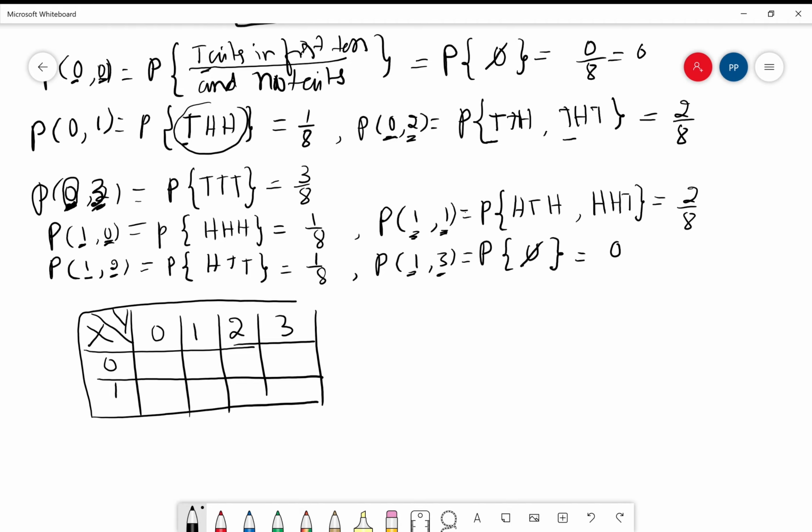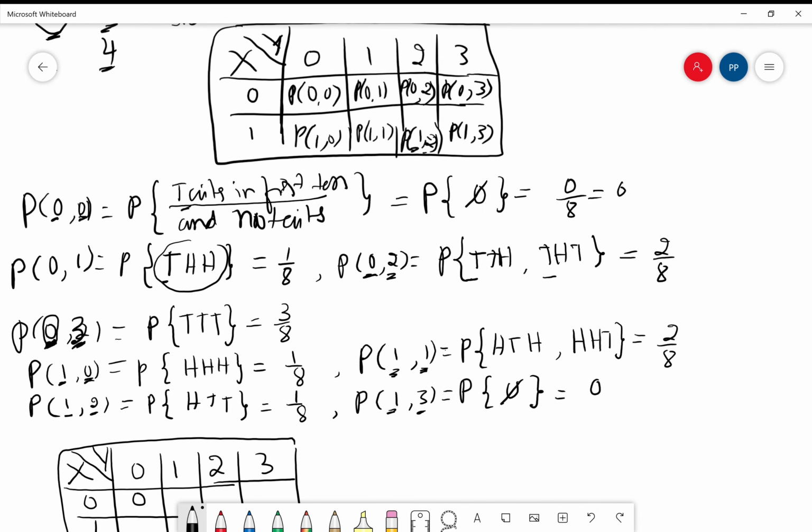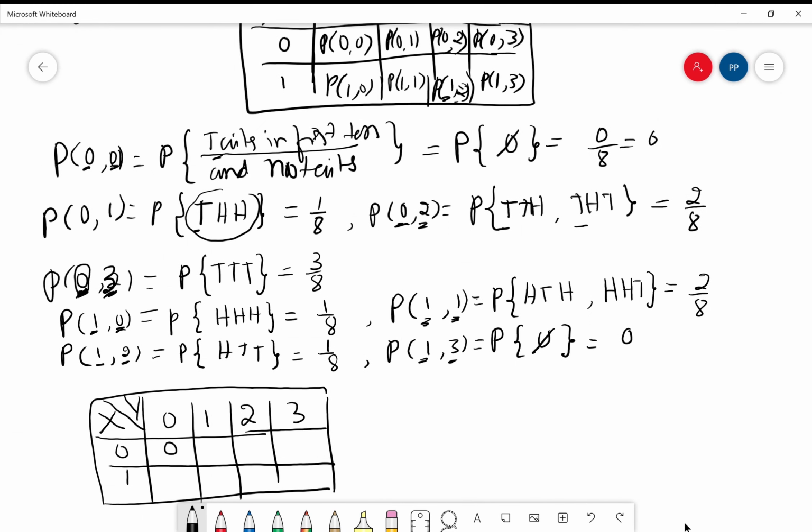We got it as 0, and probability of (0, 1) is 1 by 8, and probability of (0, 2) is 2 by 8, and probability of (0, 3) is 1 by 8. I've written 3 by 8, sorry, it is 1 by 8 because there is only one outcome here. Okay. Next, probability of (1, 0) equals 1 by 8, and probability of (1, 1) is 2 by 8,